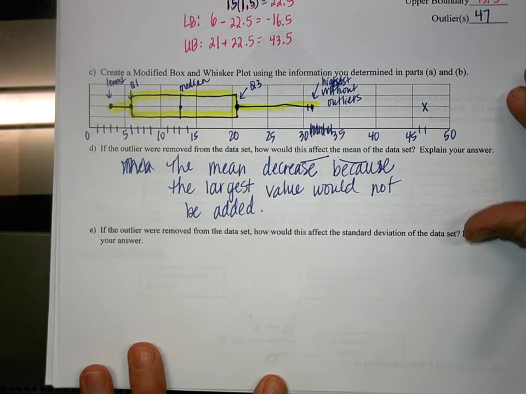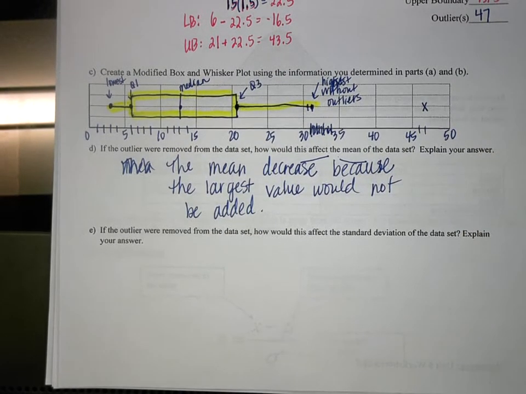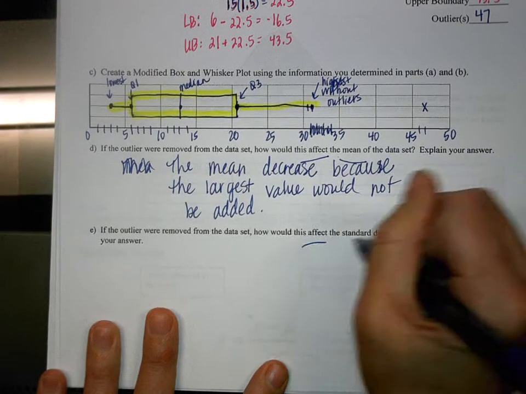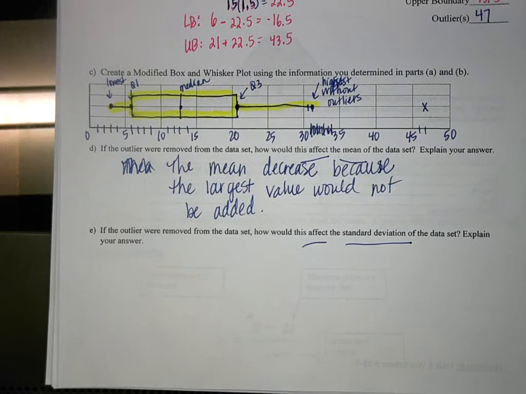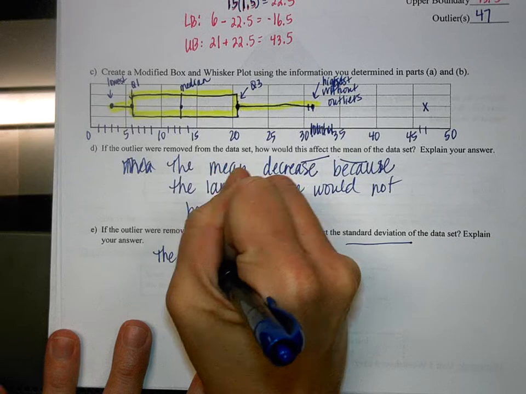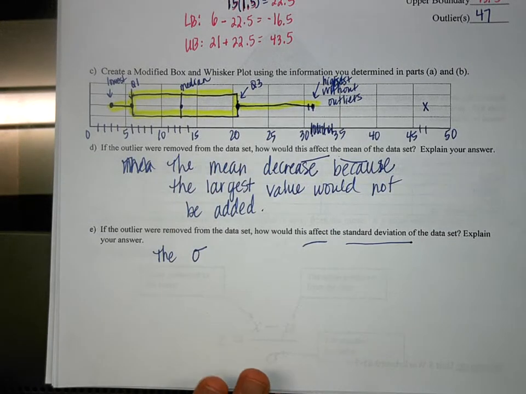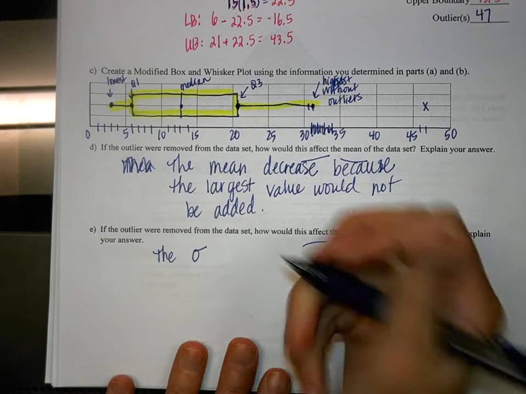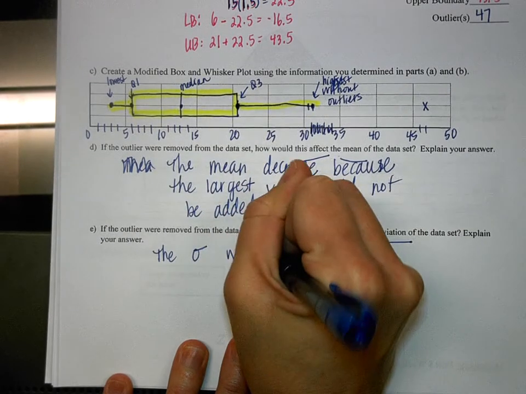The next question says, if the outlier were removed from the data set, how would this affect the standard deviation? And why? So remember that standard deviation is talking about what? The average distance between numbers. And so if you didn't have that big high one, what's it going to do to the average distance between numbers? Decrease. Exactly. So I'm going to write, and instead of writing standard deviation, because that's so long, I'm going to use the symbol, okay? The standard deviation would decrease